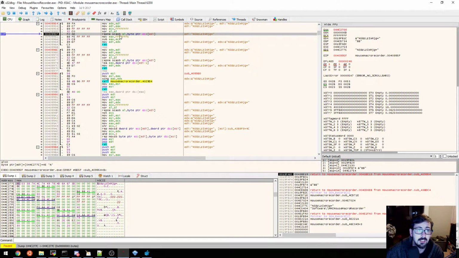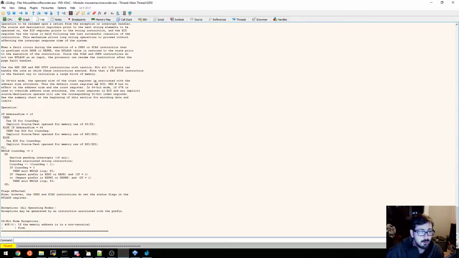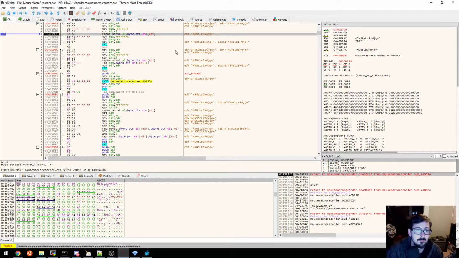And it's gonna now... I don't think this is going to give me what I want to know because this thing is so... Yeah. Oh, so it's like a safe way to... In the string, the ECX register has a value. It held following the last successful iteration of the instruction. Cool. So we'll hit F8.